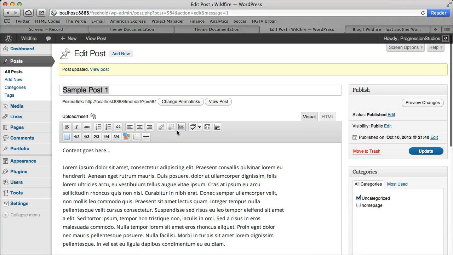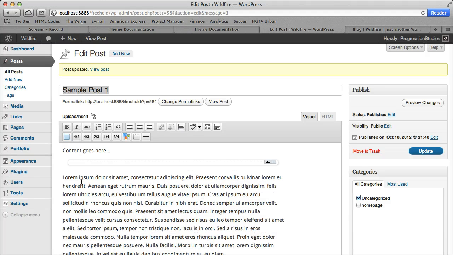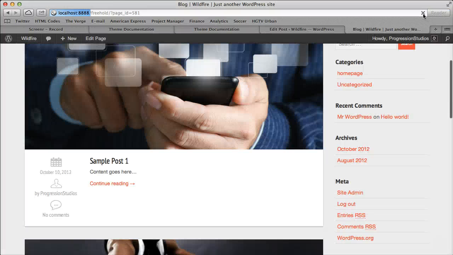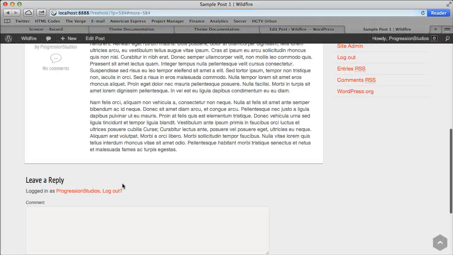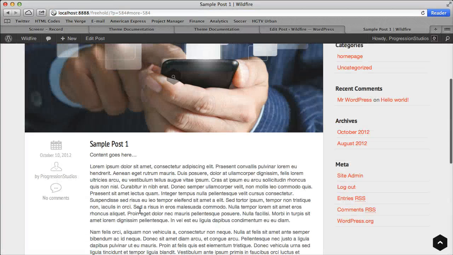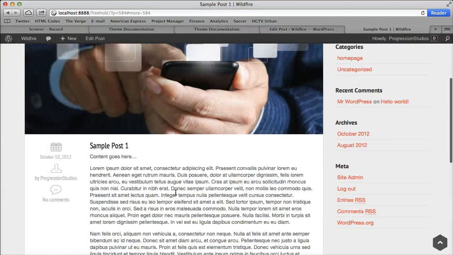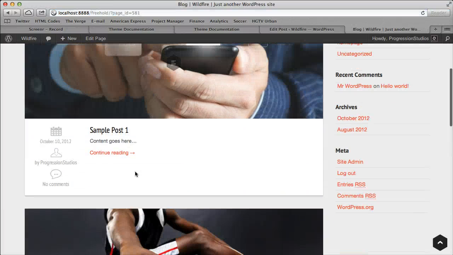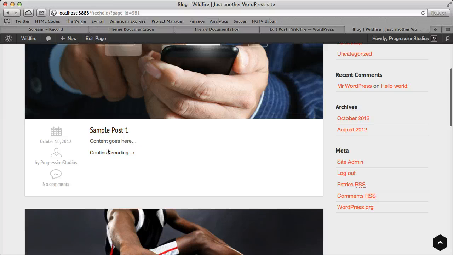It's called, if you hover over it, there's this break thing right here. And if you hover over it, it says insert more tag. So you just click it. And it puts this in right here. It's called more. So if we update it, it'll cut off the content wherever we put it, and it'll add in this continue reading. And then in the home page, in the post page, it'll display everything. So it's just kind of nice to have that. You see it right here. So then